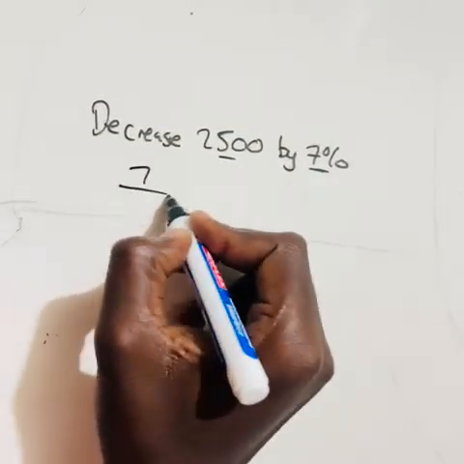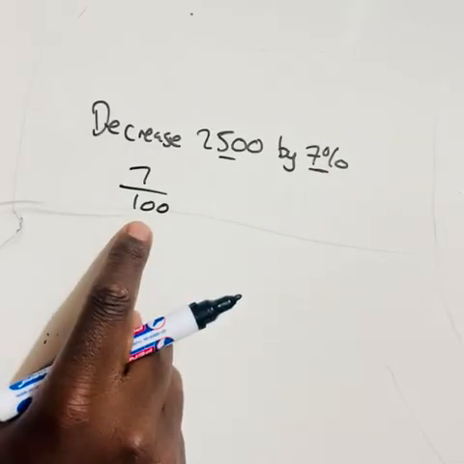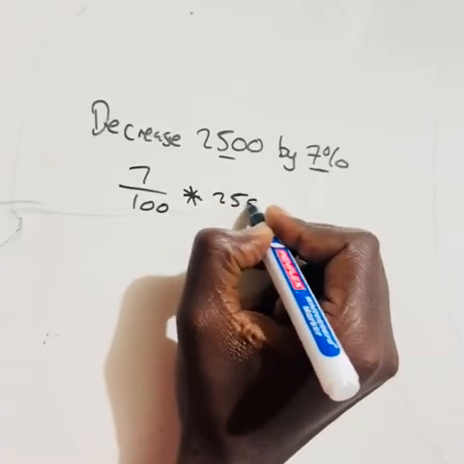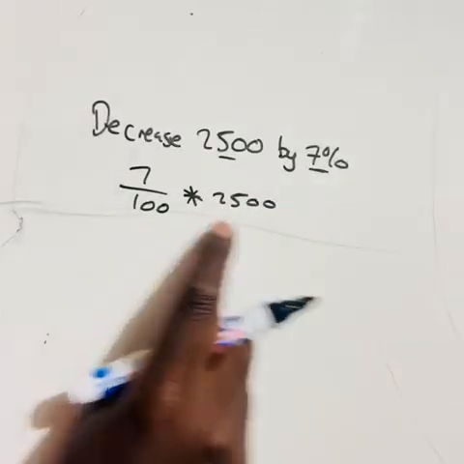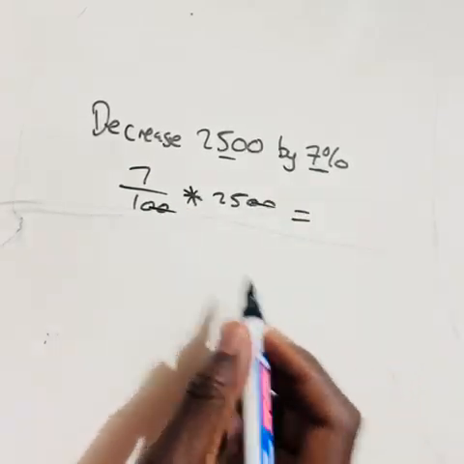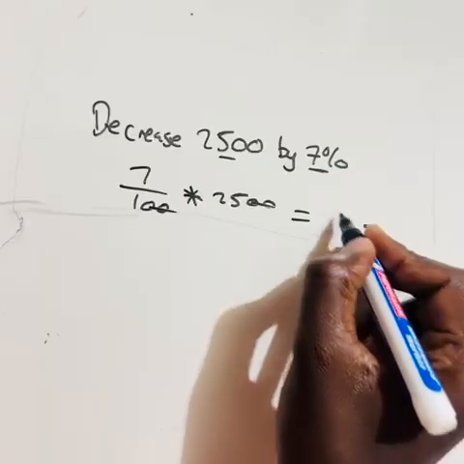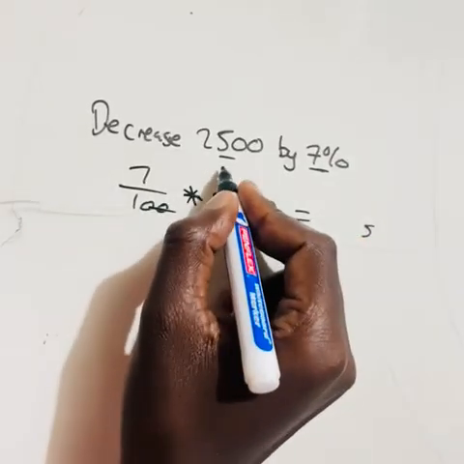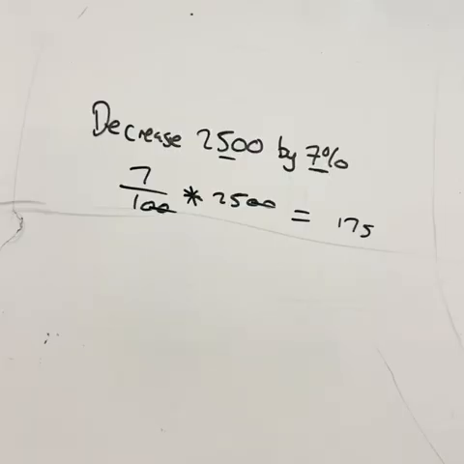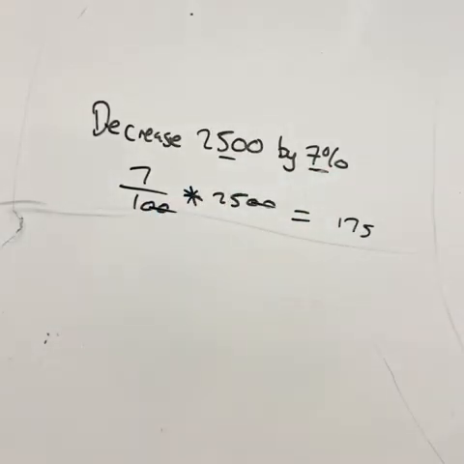So we say 7 over 100. Where's the 100 coming from? Remember, percentage means it's over 100. Multiplied by 2,500. I have 2 zeros, I see 2 zeros there. These two, they cancel. Now I'm left with 25 by 7. 5 by 7, 35. 5 carry 3. 7 by 2, 14 plus 3, 17. I've got 175. So 7% of 2,500 is equal to